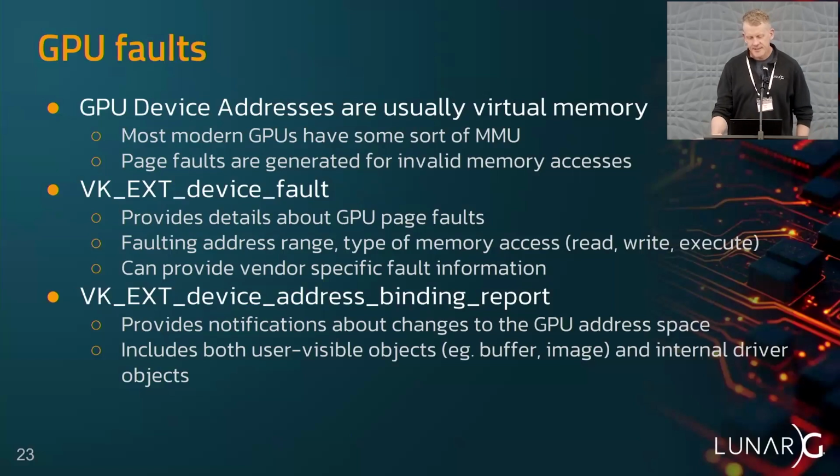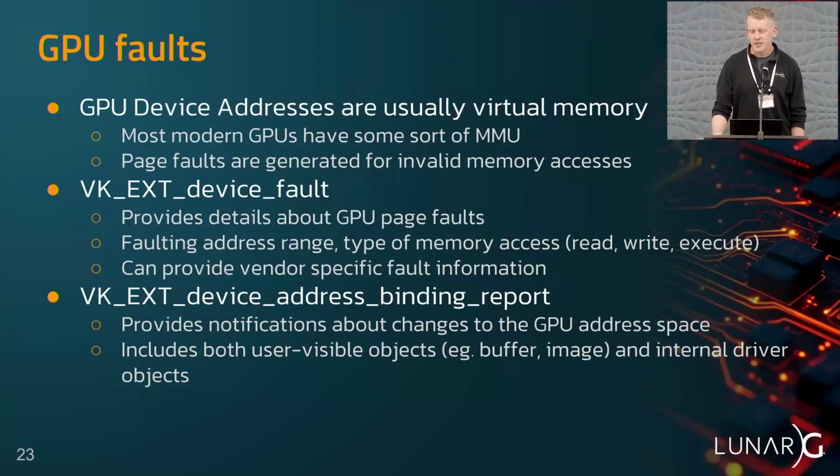One thing that can help with that is the device fault extension. That's giving you essentially information about page faults on the GPU, and it'll give you some additional information about what type of access it was. Vendors can also provide their own proprietary information in the extension, and there's not really any specification about what's in there, and it varies quite a bit from the people who support it. So we just dump that to a file, and you can go look at it and try to figure it out. But the main fault information, we can look at the output of the device address binding report extension,